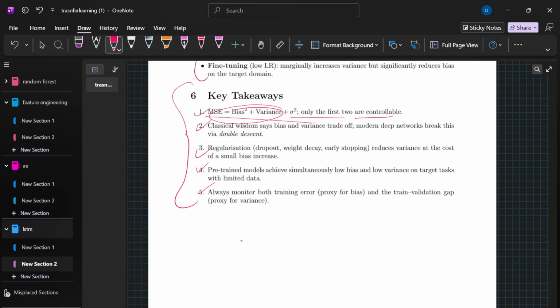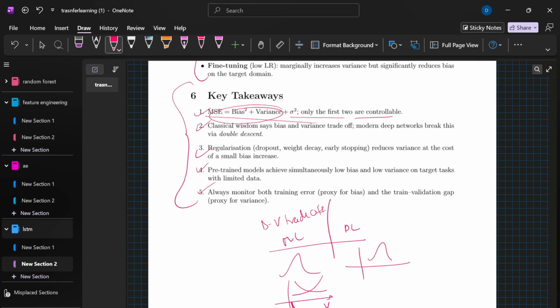So that's for today. We have covered the bias and variance, and we have seen how it is different from the bias and variance in machine learning. In the machine learning portion, we have also covered in one of the lectures a small part of bias and variance, where we have seen how small bias and large variance is different from large bias and small variance, and how underfitting and overfitting can occur respectively.